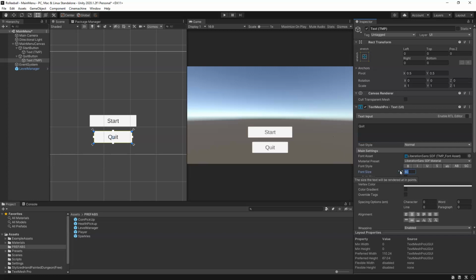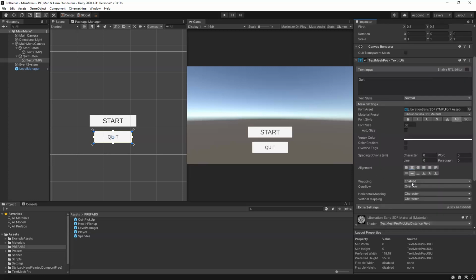And then maybe instead of 60, maybe I want to do 50. I guess the start does still look kind of small, so maybe we'll make that 72 to begin with. And there's other options here for changing the font or installing a new font and using that. We have using bold and all these other different options for this. We could do uppercase if need be, so we could do uppercase. I think I like that. So lots of different options here, changing the vertex color, color gradients. We have our spacing, alignments,